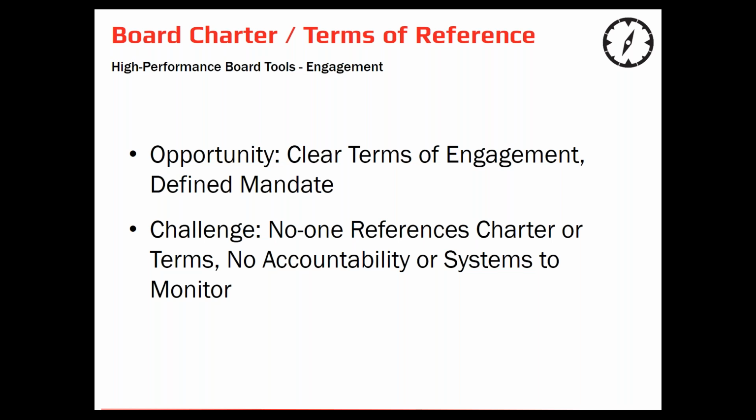The opportunity of these 2 policies is to set very clear terms of engagement and a crystal clear defined mandate, so that both directors and committee members know exactly what they're expected to deliver, just like you would do a detailed performance agreement with a team member, and can therefore be held accountable for ensuring that they do indeed deliver. In particular, the board charter allows the board to agree what its board values are and how it expects board members to behave. What is the standard requirement of what this particular board is all about and what is acceptable?